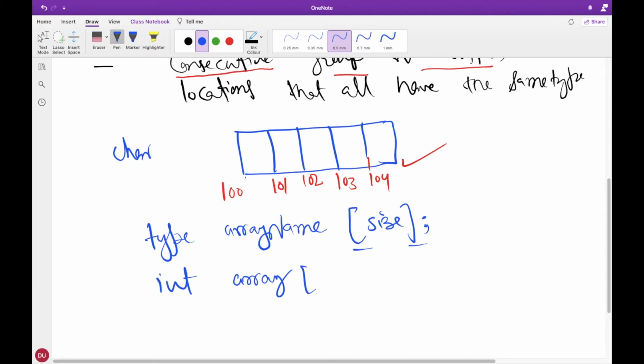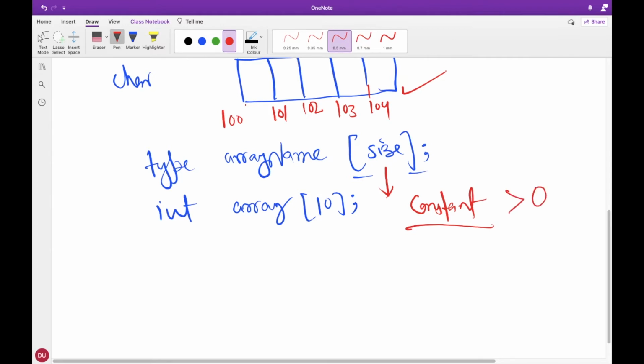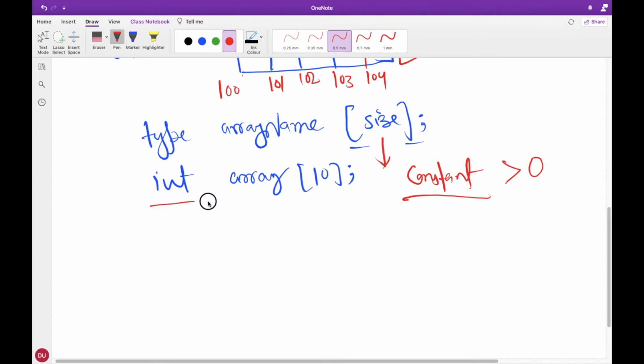So if you want to declare an array of size 10, you have to write it like this. Clear? In this case, this size is always constant and you can't change it in between. Clear? And this constant should be greater than 0. So when you have declared an array like this, the compiler will allocate space for 10 integers in a contiguous fashion.